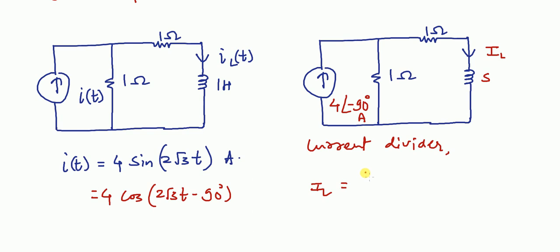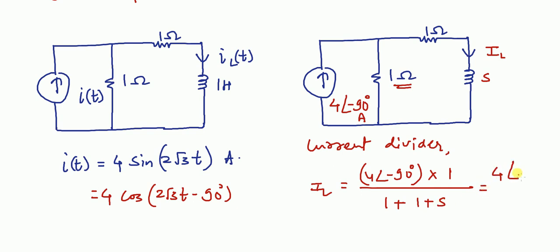This IL is current source 4 at an angle minus 90 degree into this 1 ohm resistance over 1 plus this series combination of 1 and S, that is 1 plus S. So it is 4 at an angle minus 90 degree over 2 plus S, where S is j omega and